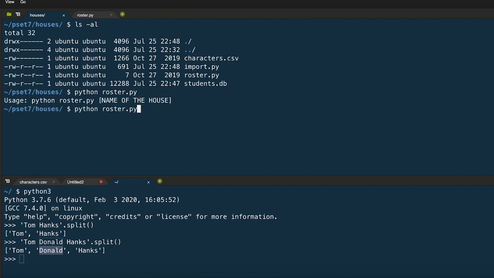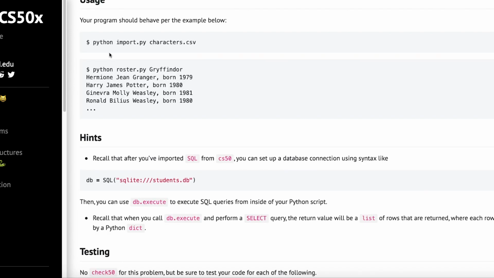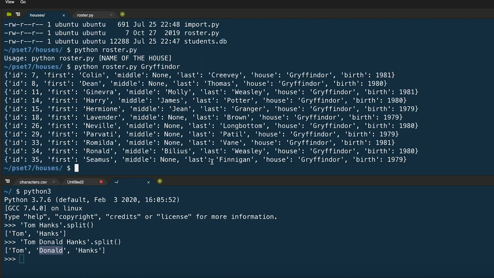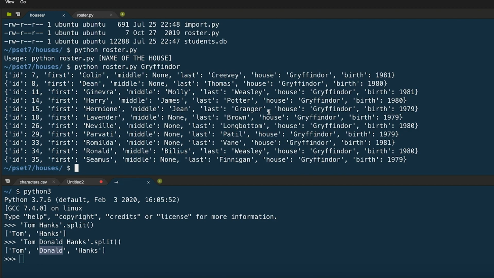Okay, name of the house, I want Gryffindor. So let's copy paste it to avoid any typos. Python roster.py, and let me go ahead and put this. So it returns some names here, characters who belong to Gryffindor. As you can see, the house is Gryffindor. So it works as intended, and we have first name, middle name as none in some cases, and